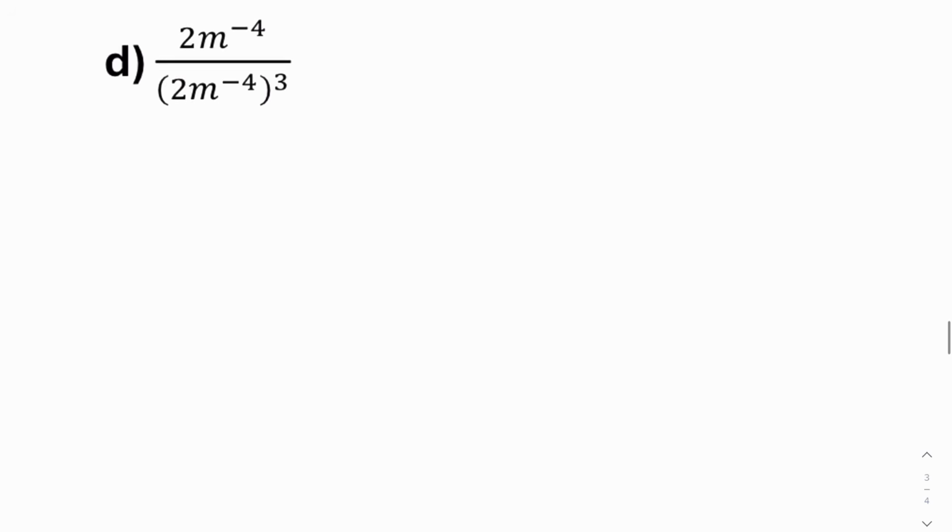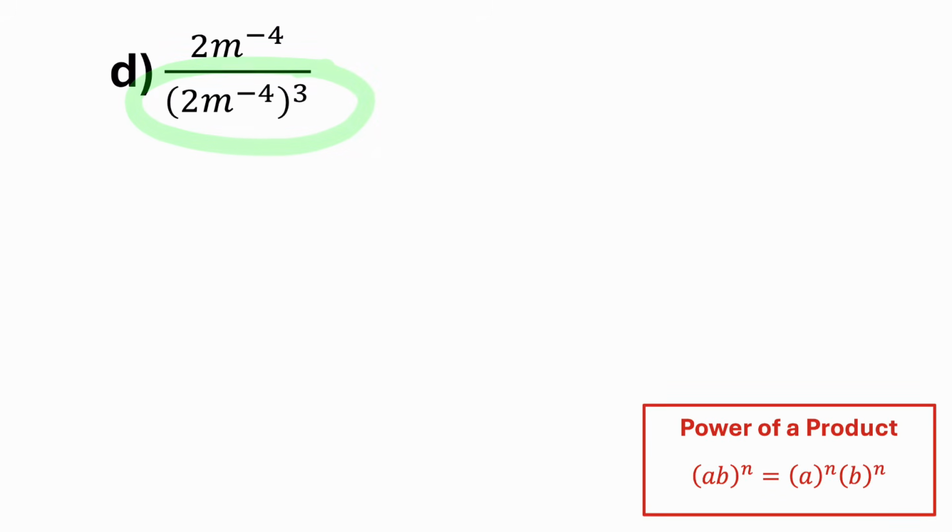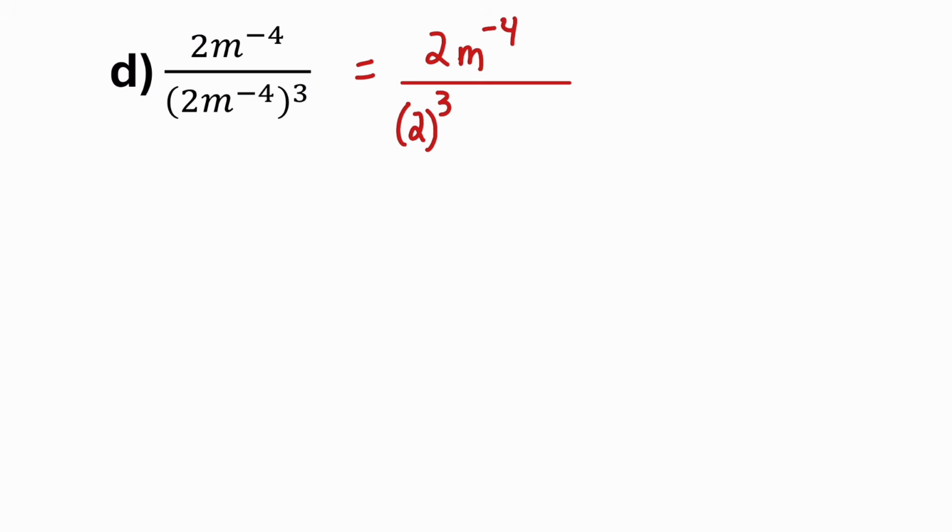In part D, I'm going to start by simplifying this power of a product. This exponent of 3 has to be applied to both the 2 and the m to the -4. I'll leave the numerator the same and apply that power of a product rule in the denominator to give me 2 cubed and an m to the -4 cubed. I'll leave the numerator for now, and in the denominator, 2 cubed is 8, and then I can simplify this